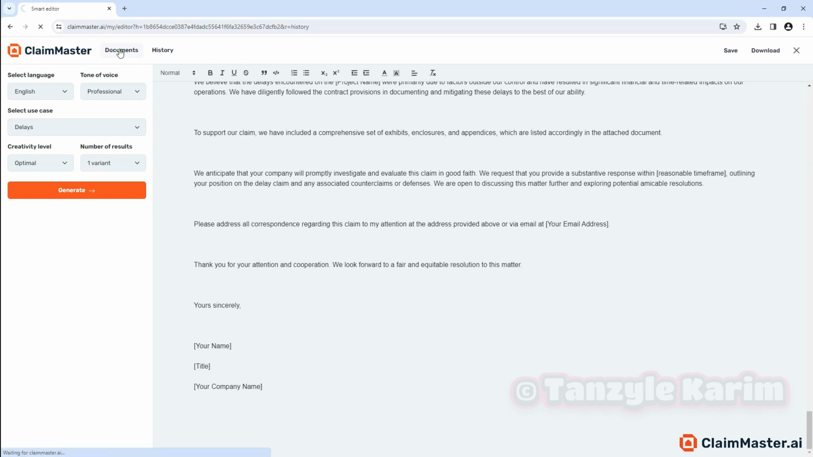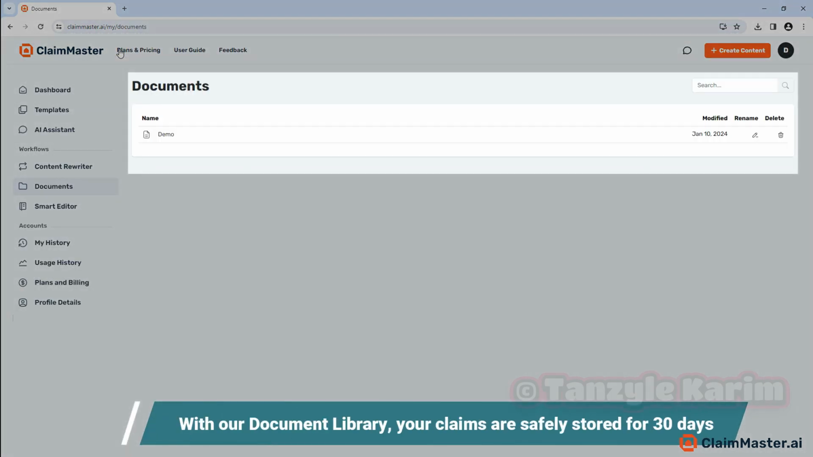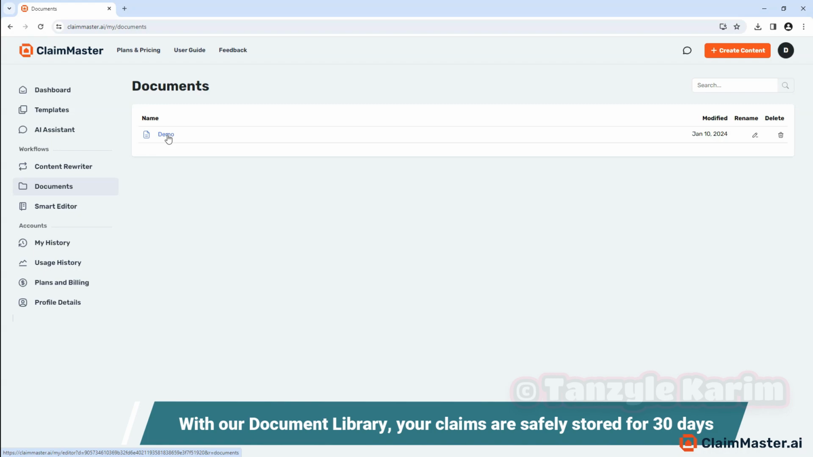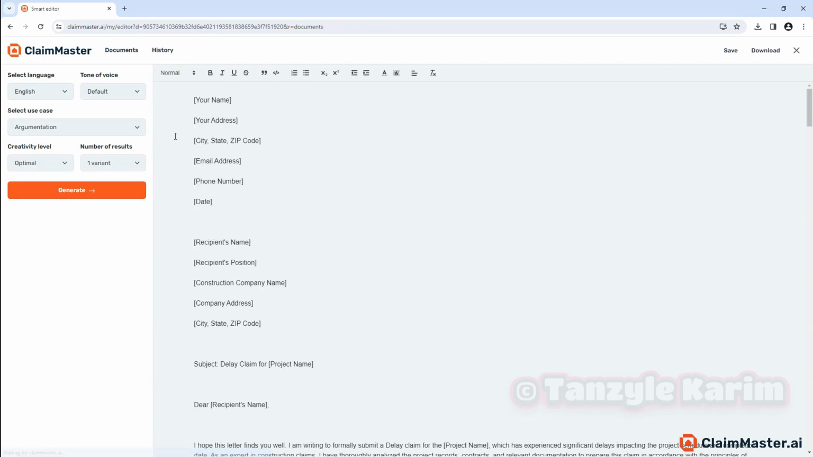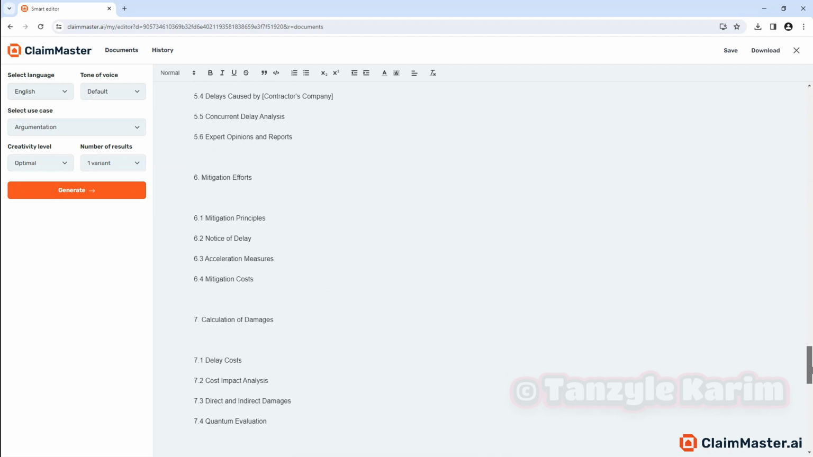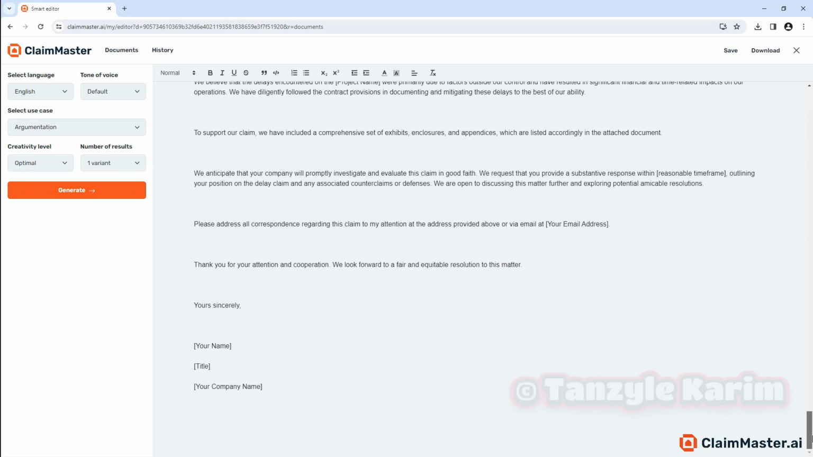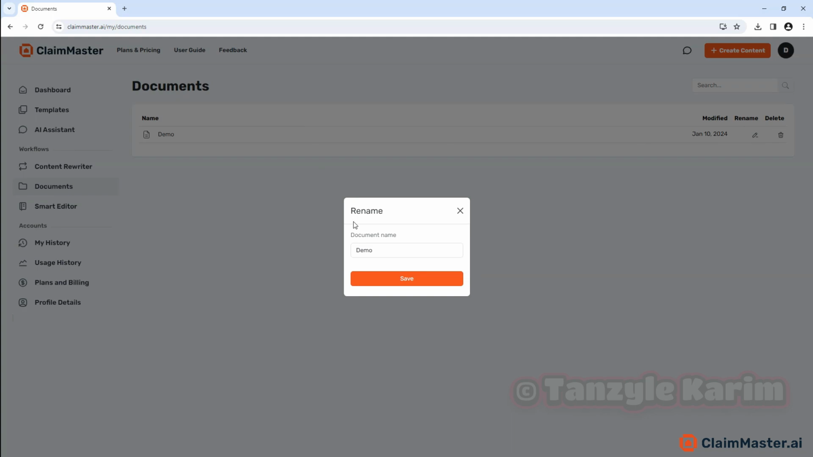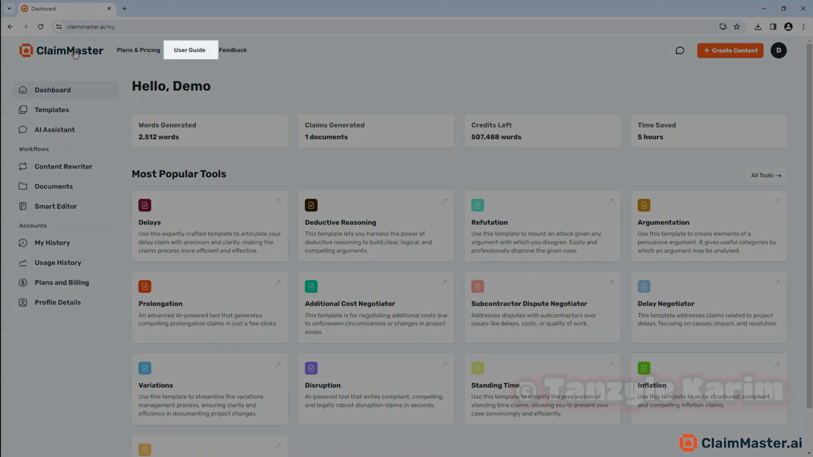And don't worry about losing your work. With our document library, your claims are safely stored for 30 days. Access your documents anytime within the 30-day storage period for review or further editing. Access your documents anytime, anywhere, without a hitch, and remember to read the user guide to master the features and